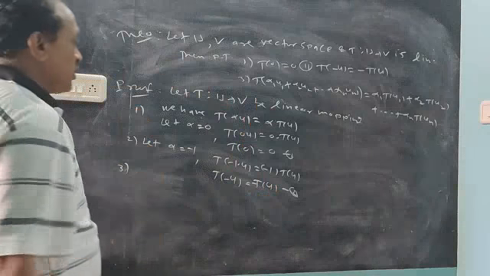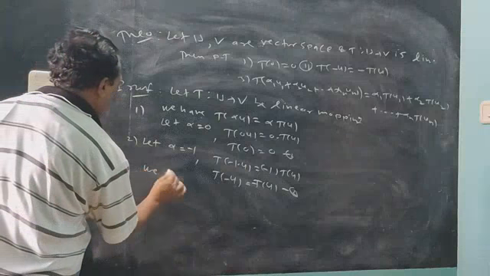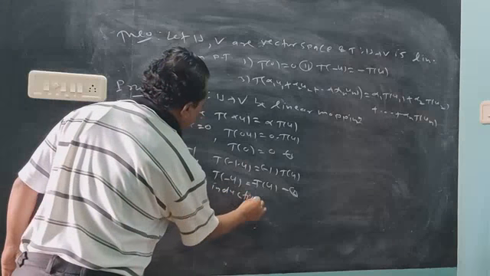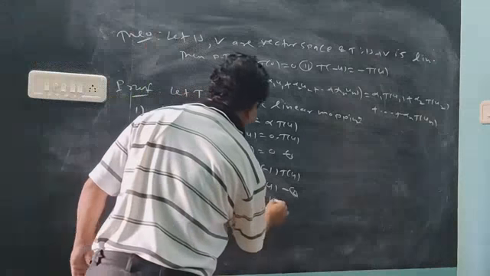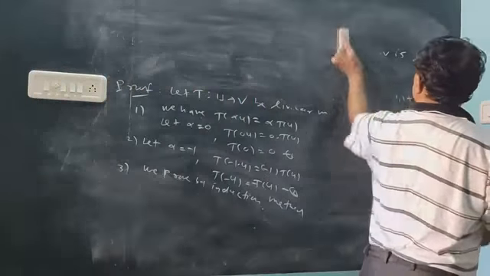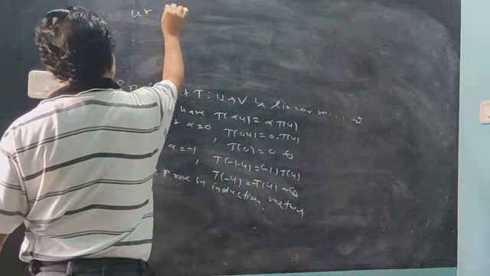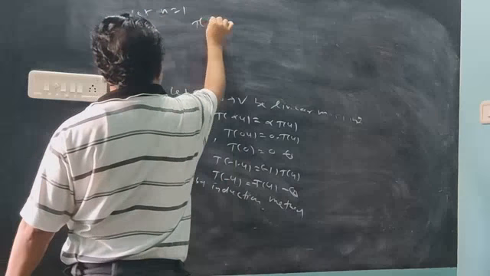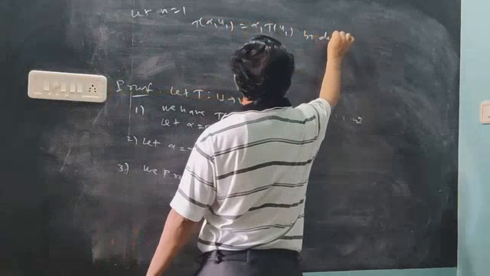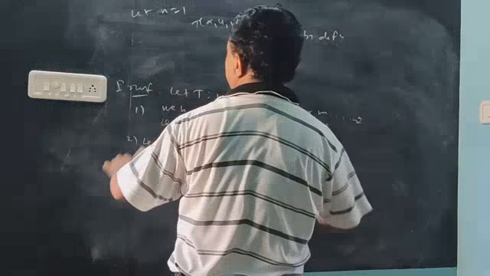Now third. The first two are obvious; the third needs one more step, for n times. So we prove it by the mathematical induction method. For n equals 1, that means T of alpha 1 u1 is alpha 1 outside T of u1. Yes, this is by definition. So for 1, no problem.